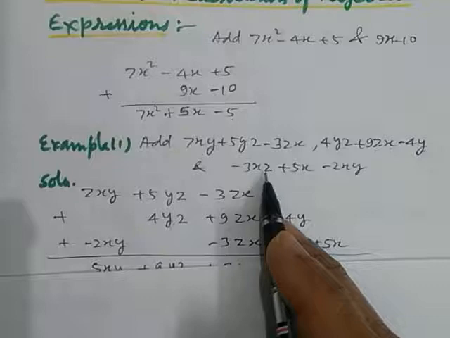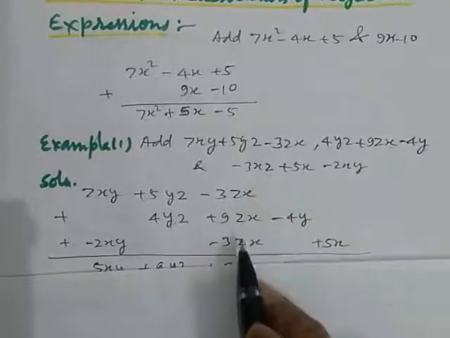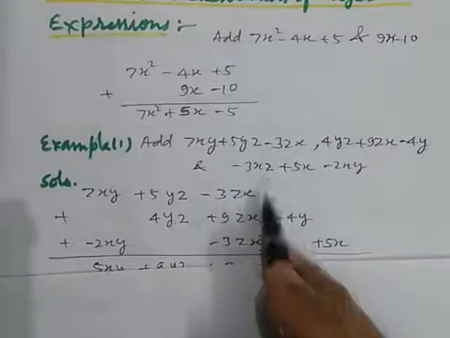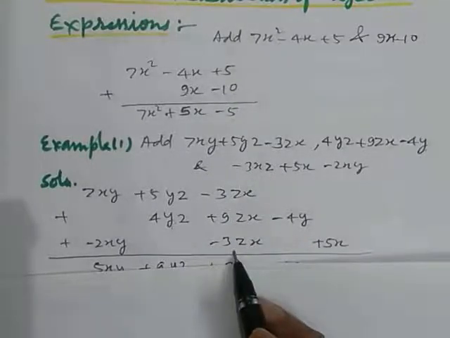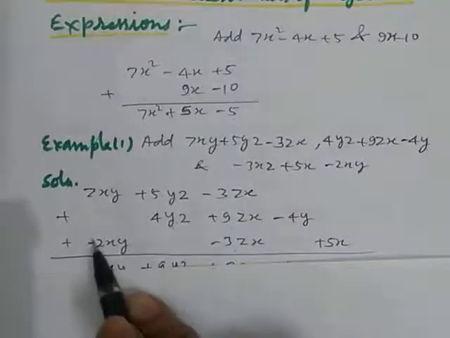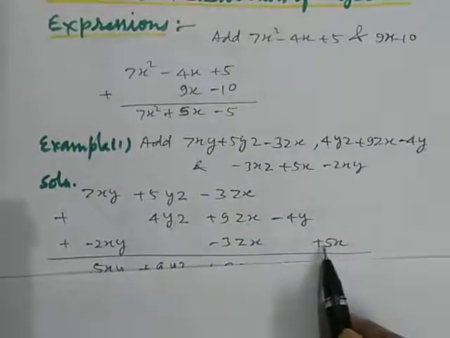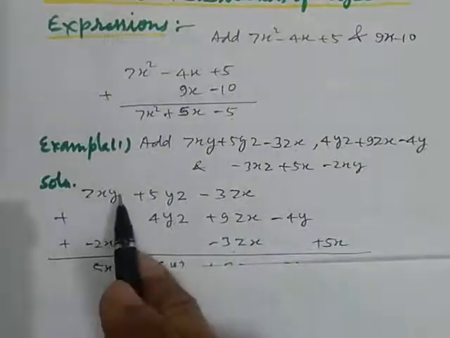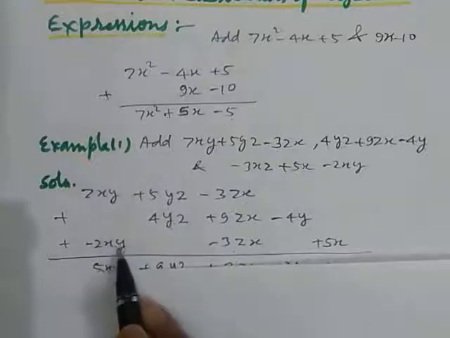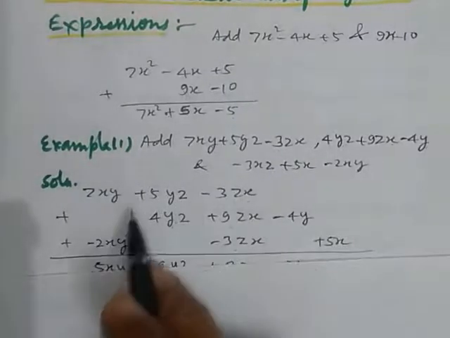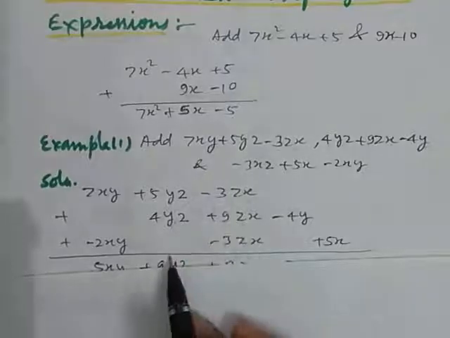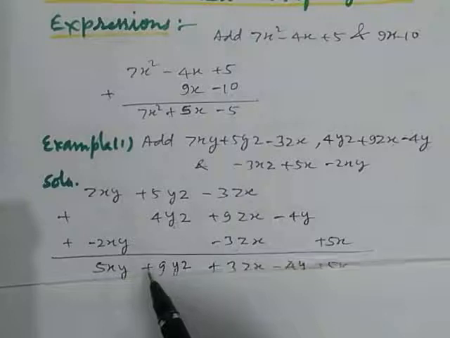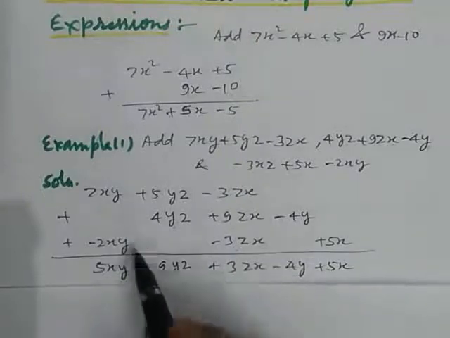Now minus 3xz, this contains xz, this is zx, one and the same thing, so we put this minus 3xz below this. 5x, here there is no x term, so we put this 5x separately. Now minus 2xy. Here is the xy, so we put minus 2xy below this. So this way we can place these expressions one below another, and here we want to add, so put the plus sign. Now add them according to sign.